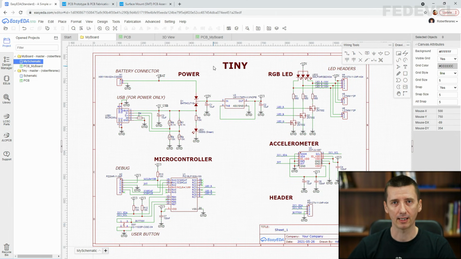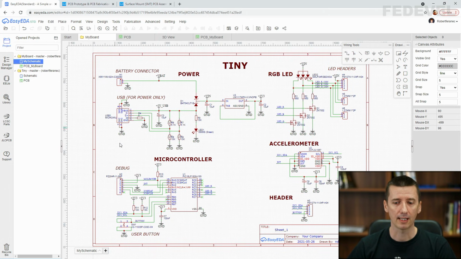I will explain what you need to be careful about when you will be designing your own boards. And also, I will explain how to connect everything together. So this can help you to understand what you may want to think about when you will be connecting components on your own board.